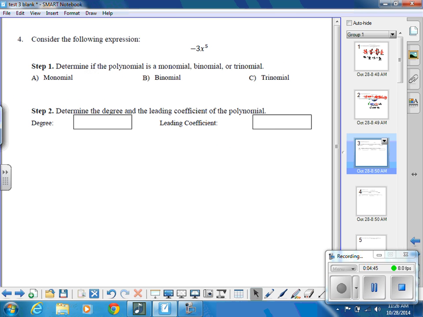Now let's talk about this. They give us this expression, negative 3x to the 5th power right here. They're asking us if it's a monomial, binomial, or trinomial. Well, there's only one thing here, which means it's got to be a monomial. How do I know if I have binomials and trinomials and so on? You have multiple things that are separated by pluses